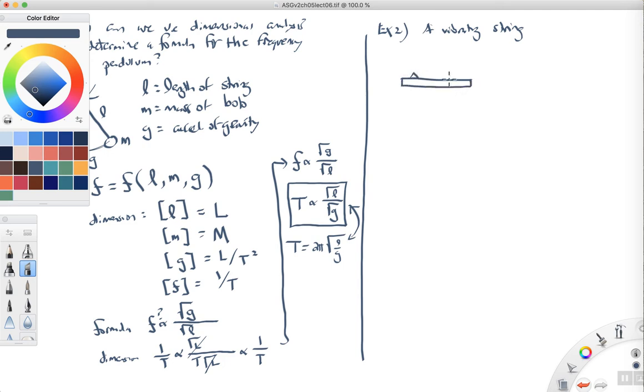I'll draw a side view where we have a string that is tied right here, placed over a couple of, I don't know what you call those, and then a pulley right here, and the string is stretched over this pulley, and then you put a weight right here,